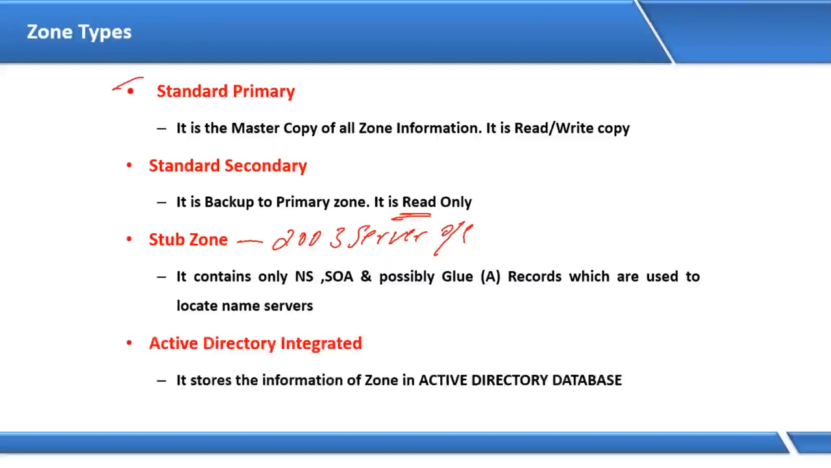Write on the heading, Active Directory Integrated Primary Zone. The next one, Active Directory Integrated Primary Zone. So please write down some points there. Active Directory Integrated Primary Zone